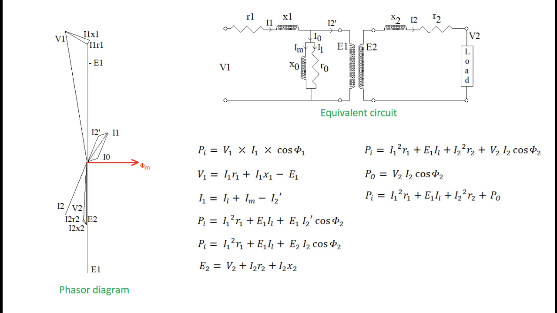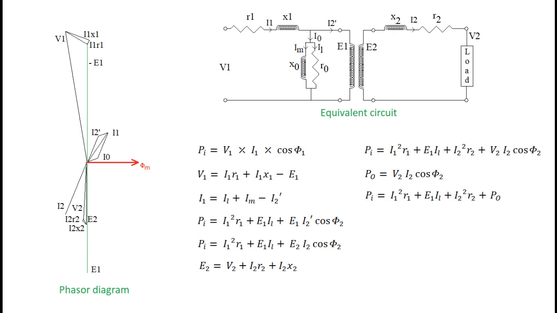Similarly, input current I1 is resolved into three components minus I2 dash, IL and IM. These are shown in equation form in next step. If we substitute values of V1 and I1 in input power equation, then we see that some of the phasors are in phase whose multiplication has to be performed and other phasors are in phase quadrature. This product expression with 90 degrees angle would vanish since cosine of 90 is 0. The result of this rearrangement is shown in next